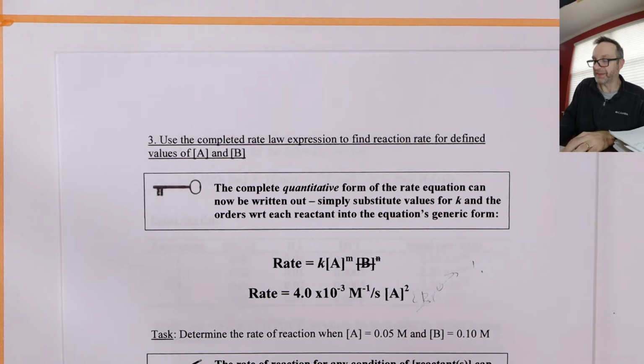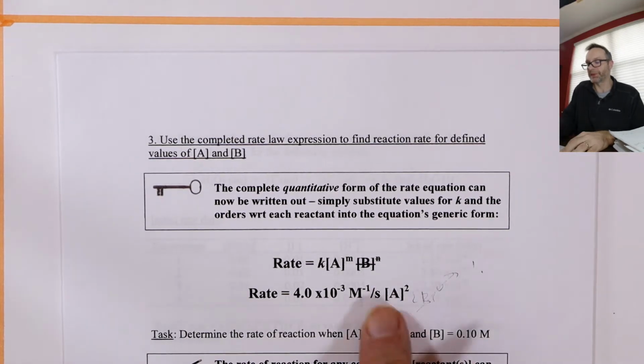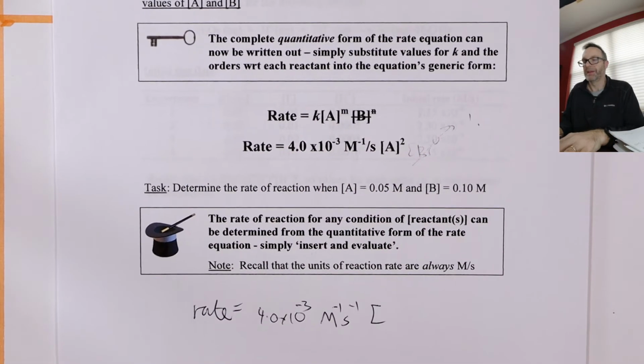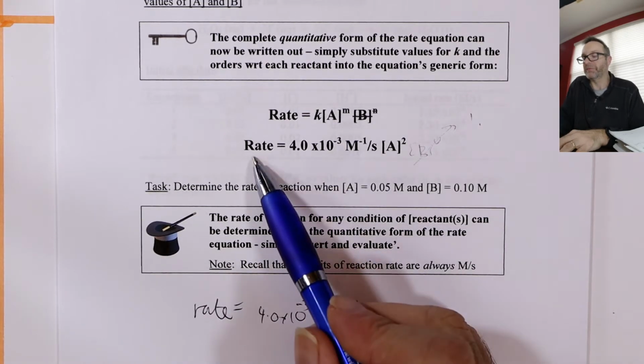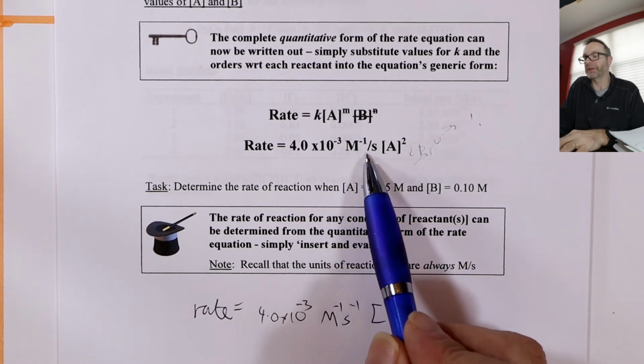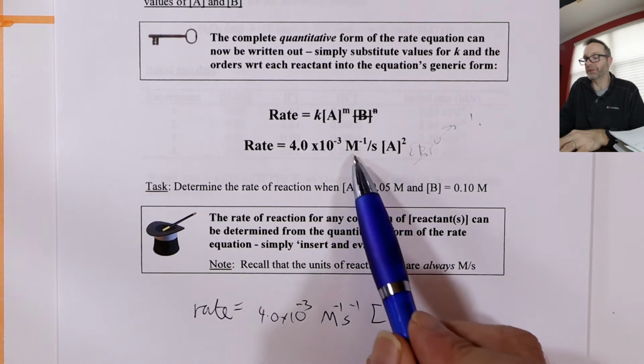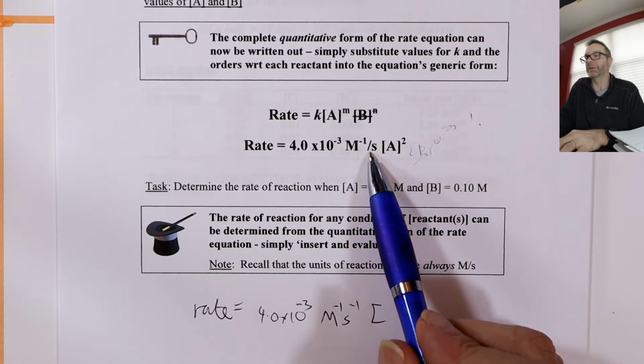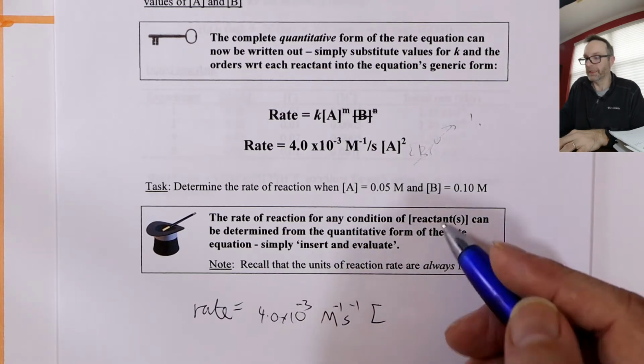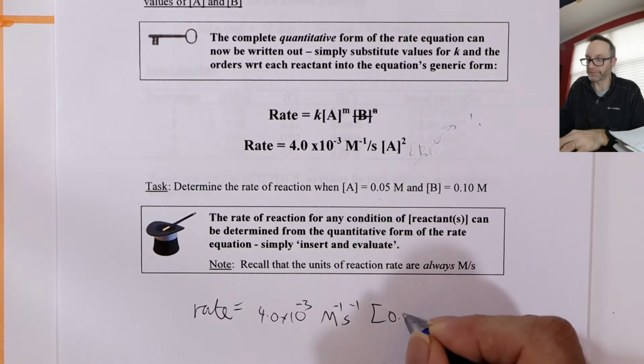I actually prefer that, right? Per second is, oh, sorry. Throw the numbers in, yeah. The rate is 4 times 10 to the minus 3 moles per liter per second, a squared. I like to use seconds to the minus 1 instead of divide by seconds. And then, hey, remember that one? 0.05